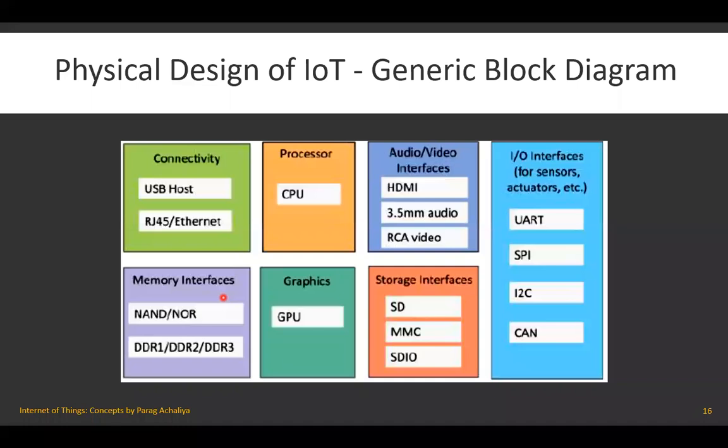Those memory interfaces are responsible for internal memories like your DDR RAMs, DDR1, DDR2, or DDR3. It can be any type of internal memory RAM, but it is available on board. It is available where system-on-chip devices are there. Again, there can be some NAND, NOR, and OR gates available in the generic block diagram of your IoT device. So these are some physical components available on each and every IoT device that we have already discussed in the previous session.